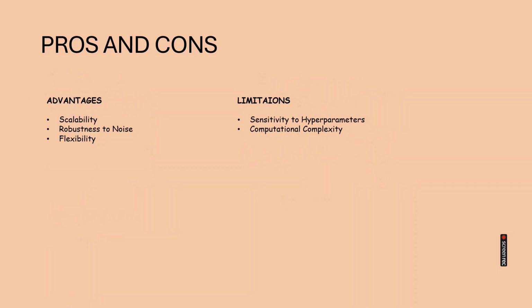The limitations of this algorithm: it is sensitive to hyperparameters, and the computational complexity increases because here we form a graph and then we form a matrix. From the matrix we find eigenvalues and eigenvectors. So the computational complexity